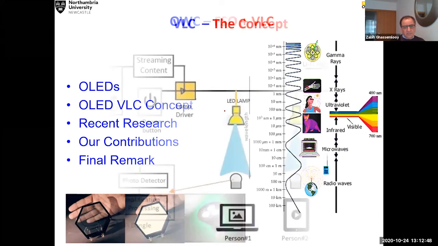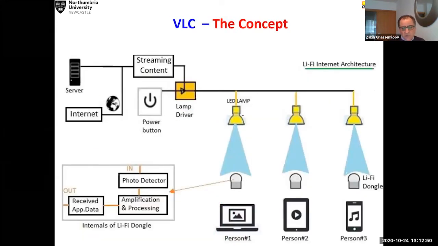The concept of VLC is a very simple concept. Everyone has got a light in their room or in the office or in the hall and so on. The lightings are all connected by our backbone power lines. So we already have the networks in the building anyway. This is our power line. And all we need is to ensure that these lights are based on LED or laser. It doesn't really matter. And as long as I have my optical antenna, which is sitting here, then I can have an optical antenna on the other side, which is my receiver.